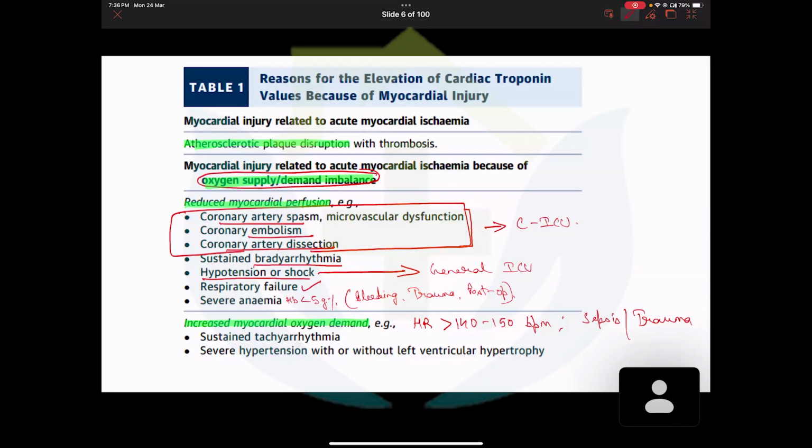And of course, this can occur in any patient with risk factors like diabetes, hypertension, obesity, elderly patients, high uric acid, age, right? Then smokers, alcohol consumption beyond the normal limits, all of these things, all the risk factors that we know of. So the basic point is that the etiology can be varied.